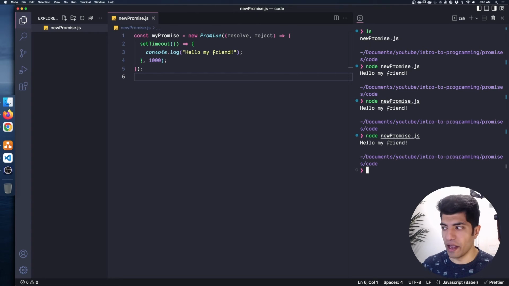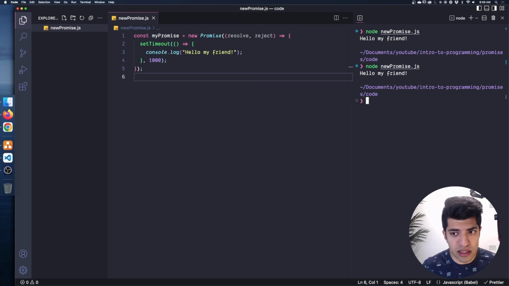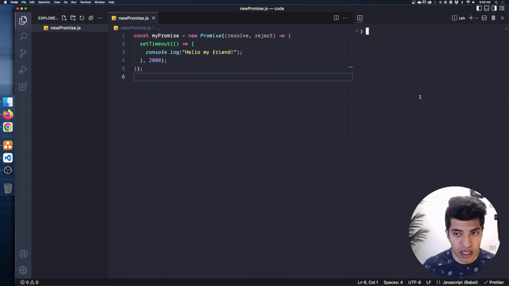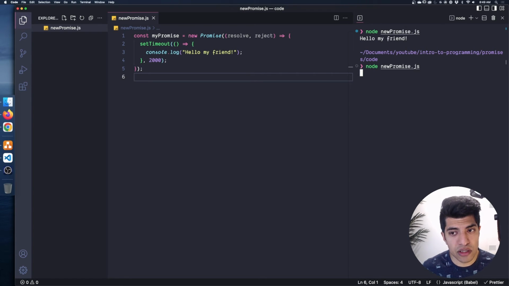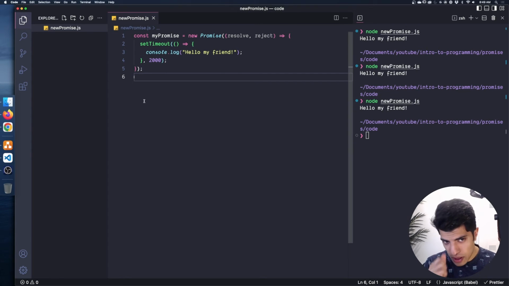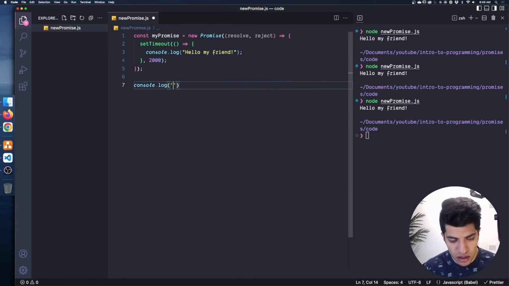It takes a second, right? So something different is happening here than in our normal programs, right? If you really pay attention to this, and I'll just run it a few times as I'm talking, you can see that it takes a second before we actually see the result. And if I increase this to say 2 seconds, it'll be a bit more obvious. This is going to hang there for 2 seconds until we get our result, and then the program will end, right? So I want to show you that if I put a console.log here of hello